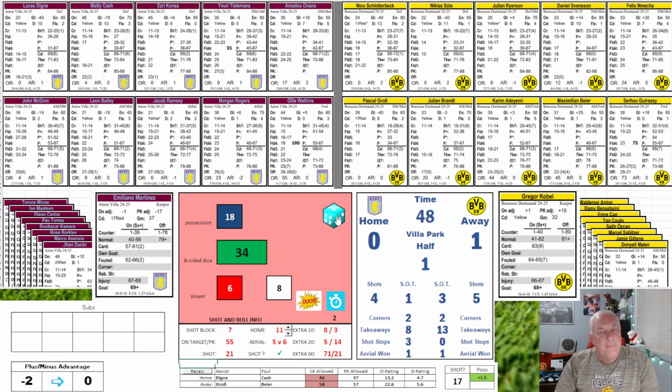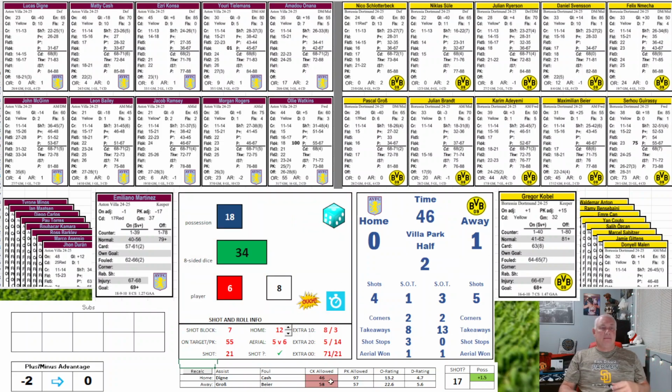That's a given. But they are a pot 4 team that actually wasn't even in the top 32. And Villa's a pot 2 team. So the pot 2 team you would think would be better. I don't get that sense yet, and they're at home. But we're going to play out the second half and see if that changes things. See how I feel with it after, and continue to make adjustments.